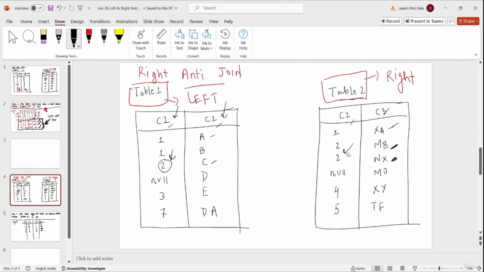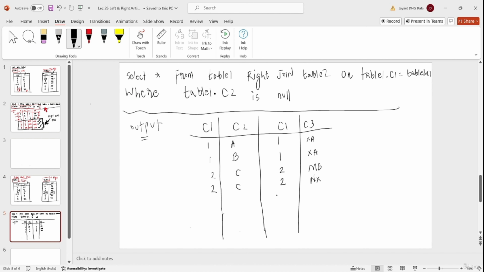Now we have a null value. We have already discussed that whatever type of join it may be, a null value will never match with a null value. But since this null value is present in the right table and we are considering that a right outer join is being applied, this null MO will come in the output from the right table. So we will write null MO.